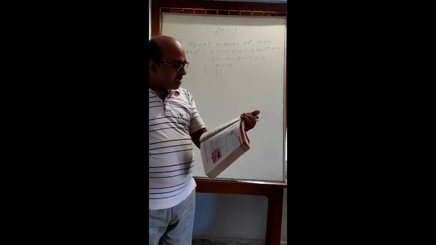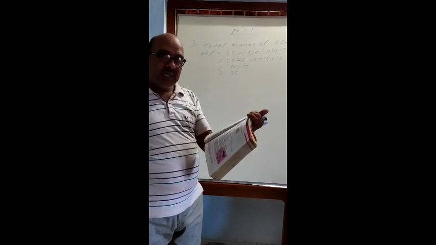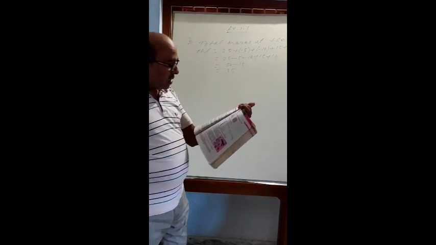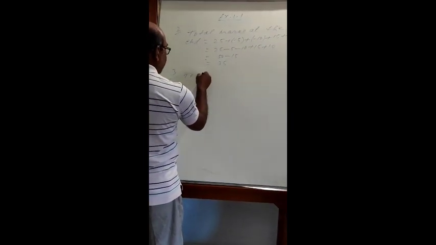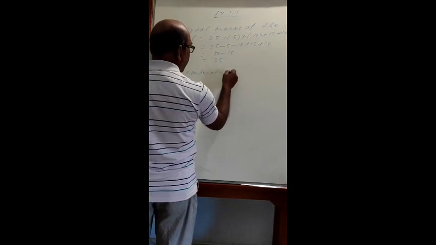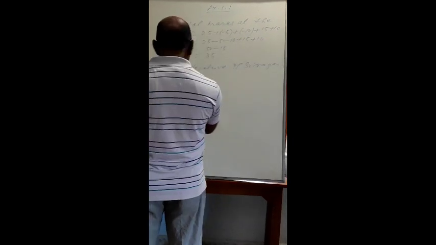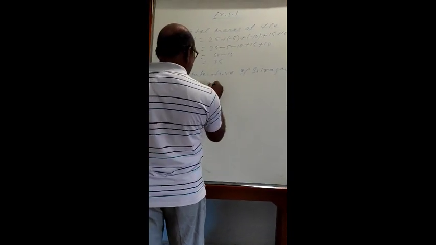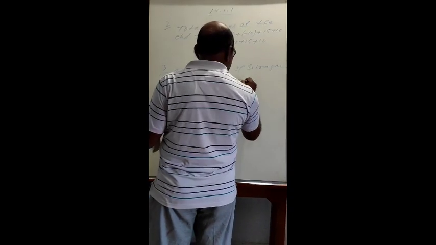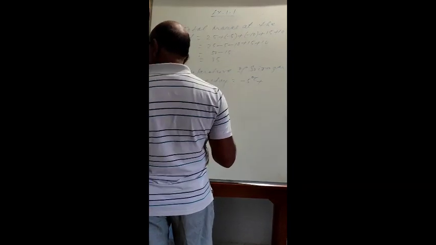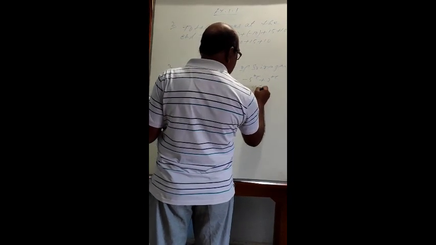It is given that the temperature of Srinagar was minus 5 degrees centigrade on Monday and it dropped by 2 degrees Celsius on Tuesday. Therefore, the temperature of Srinagar in question number 3 on Tuesday is equal to minus 5 degrees Celsius plus minus 2 degrees Celsius. This equals minus 7 degrees Celsius.